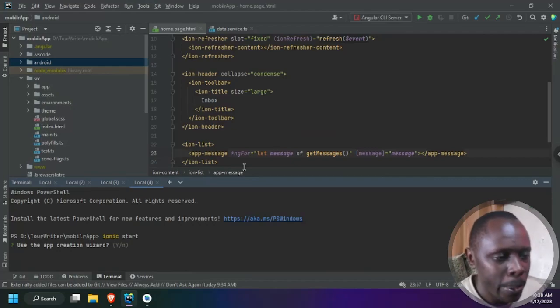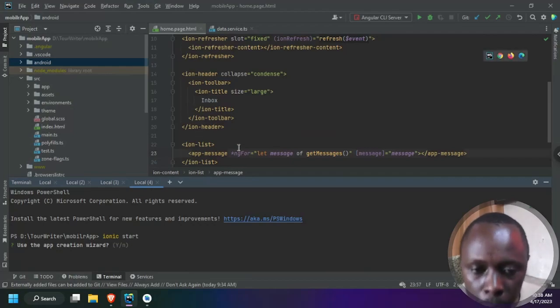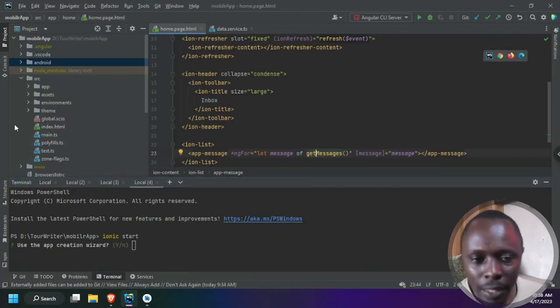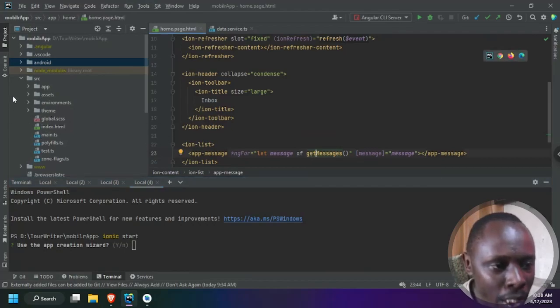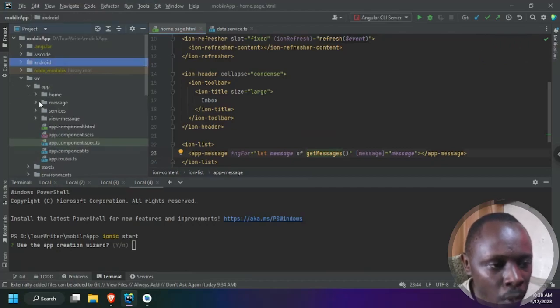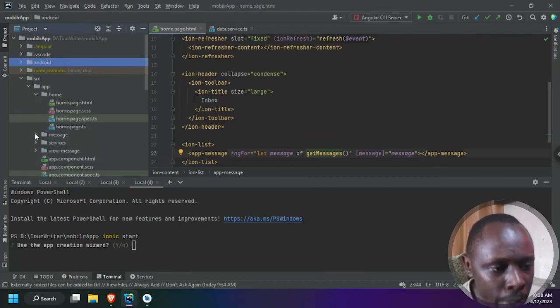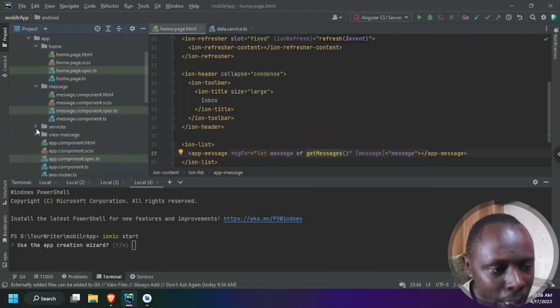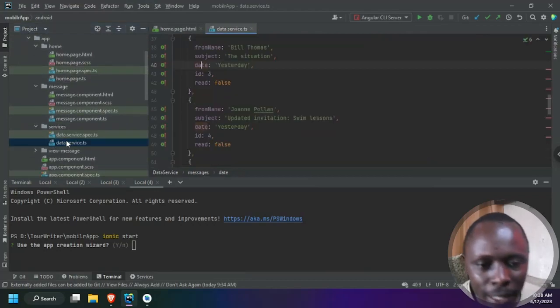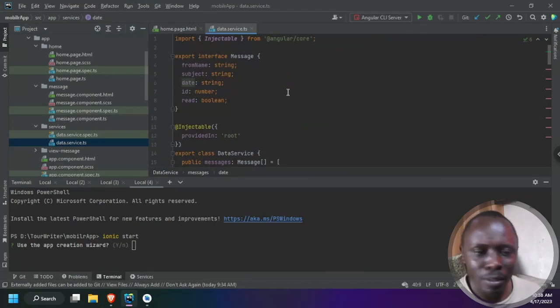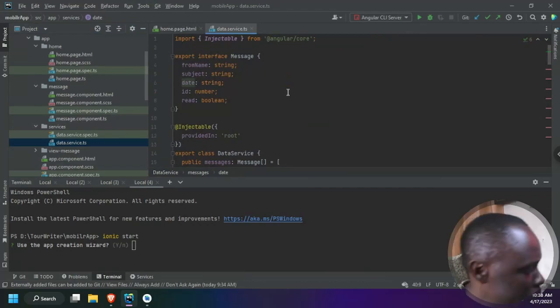that is the for loop statement for bringing data, ngFor. Also, if you have done Laravel, you know the foreach statement, the same thing. So ngFor is used to get all the messages. So just to explain to you, we have the home page, we have the app page, we have the messages, and then also we have the service. I told you the service is the one that normally you can use to create all your functions,